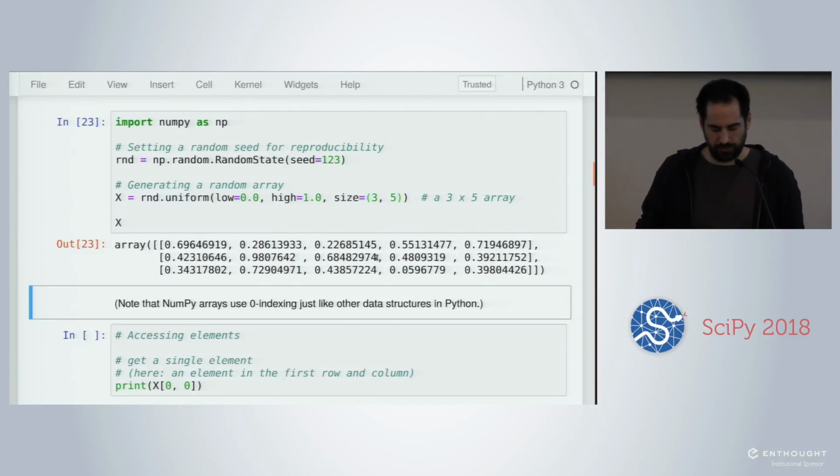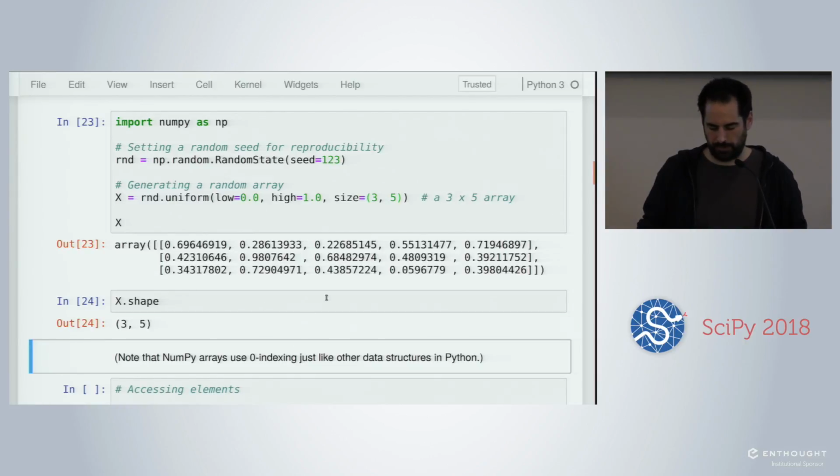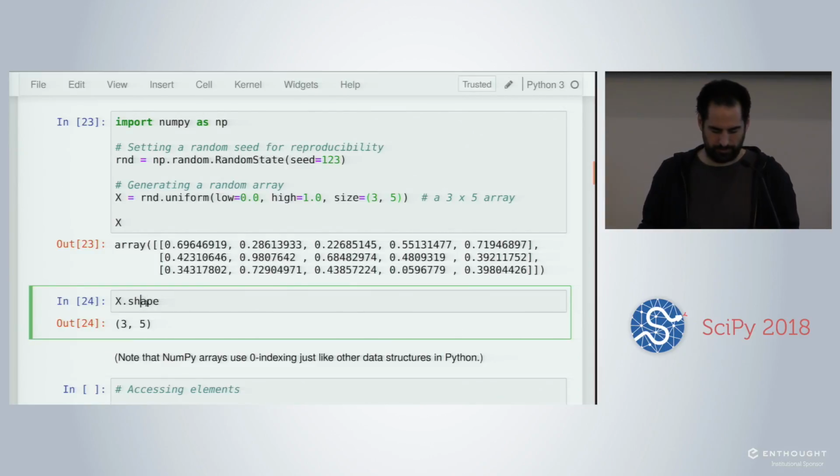So for instance, if you want to use a function and you don't know what parameters that function takes, you can put your cursor inside the function here and press Shift Tab. Actually, I need a comma here, and it doesn't work. Yeah, I need to import NumPy first.